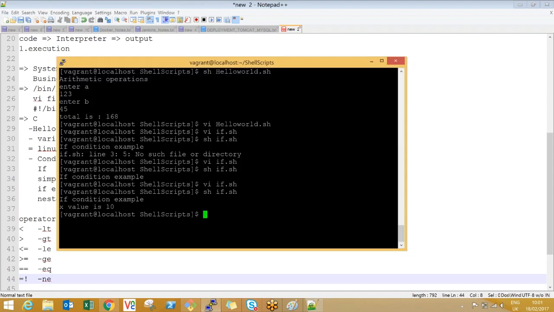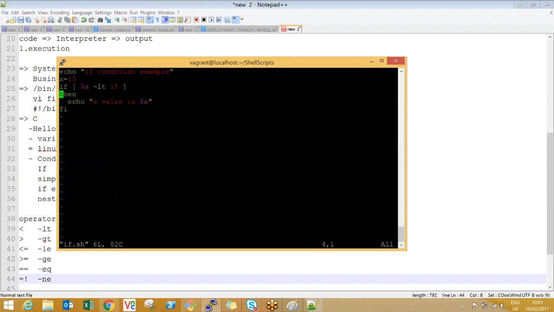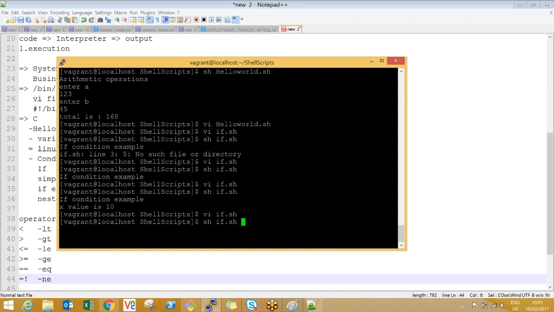Now, the second type of if is pretty simple. You will have an else block. If the condition is false, x value in else block. It's getting x value as 10.